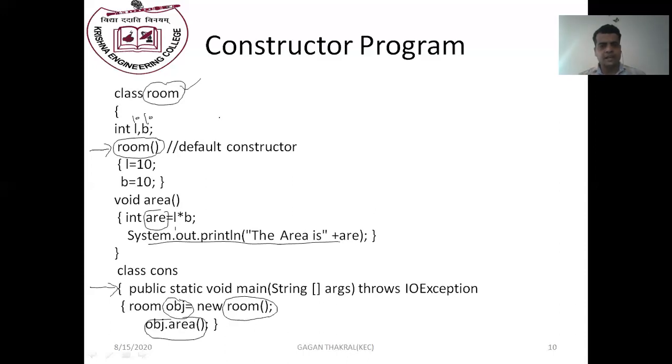So we can say that we have to remember 3 or 4 points about the constructor. One point is that constructor is a special function which has the same name as the class name, and constructor does not contain a return type. There is no return type. It is used to initialize the variables of a class. And the next thing is that constructor is called automatically when we create an instance of a class or object of a class.